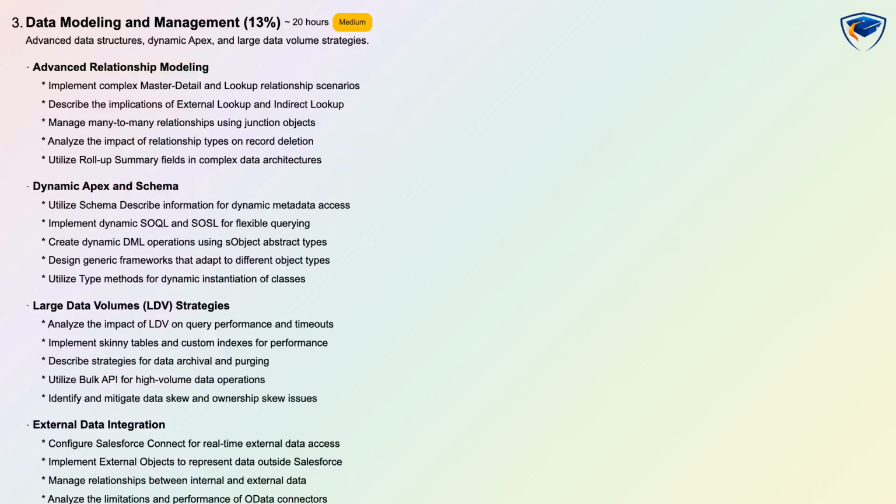Data modeling and management makes up 13%, is medium difficulty, and suggests around 20 hours of study with scenario-based assessment. Study complex relationship modeling including master detail, lookup, junction objects, and roll-up summaries and learn how relationship types affect data operations and deletions. You will use dynamic Apex and schema describe to build adaptable frameworks, implement dynamic SOQL and